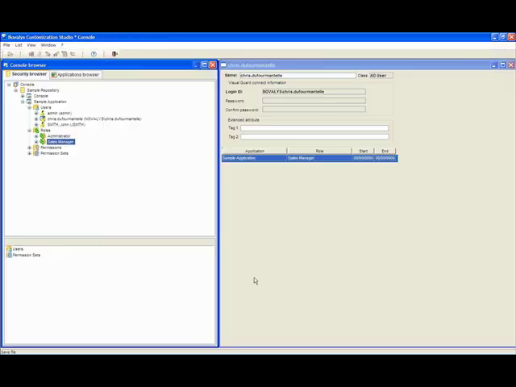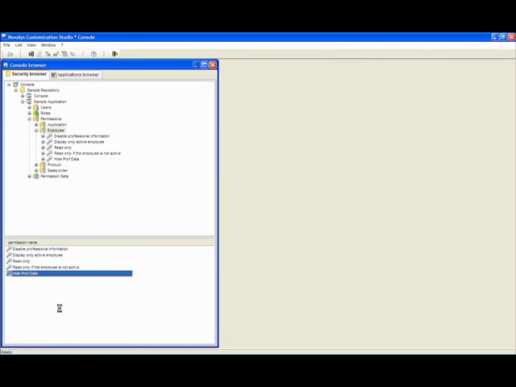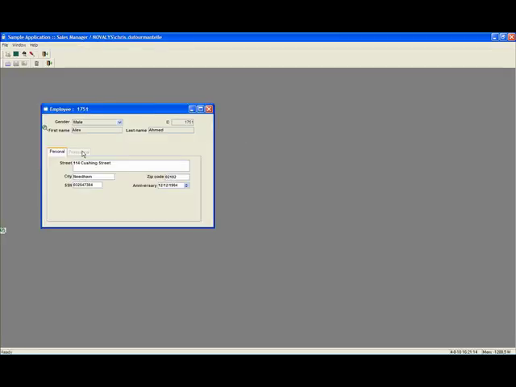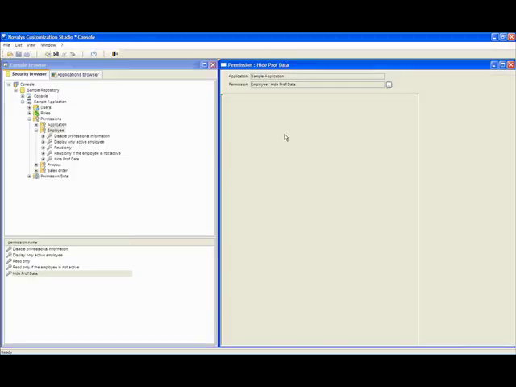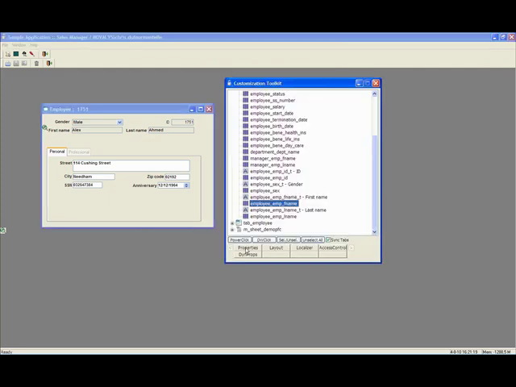So I come back to the console, opening the list of permissions related to the employee. I will add a new one that I will name hide professional data, like this. And I will define a description, this is just a text for the administrator to understand what the permission is about. Now I need to define a technical action for Visual Guard to understand that it must hide this tab page here. So to do that, I will use the same tool that we used before,